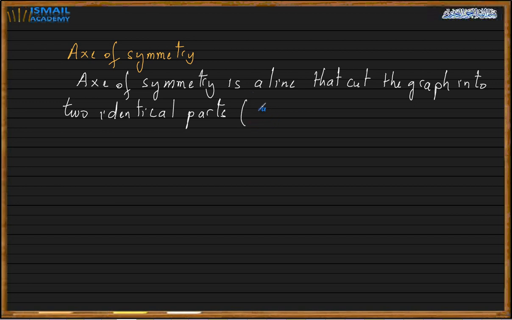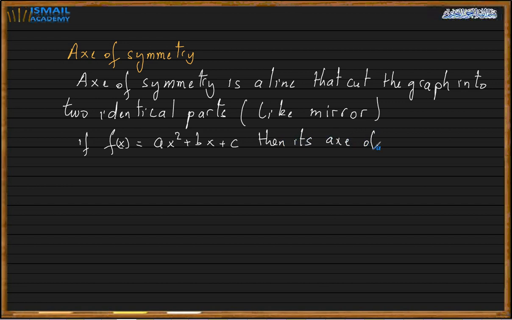It's like a mirror, so this is exactly what I mean by that. The left side and the right side are almost identical, they're the same. So for the quadratic function, if I have a quadratic function, the axis of symmetry is the x coordinate of the vertex. If f of x equals ax squared plus bx plus c, then its axis of symmetry